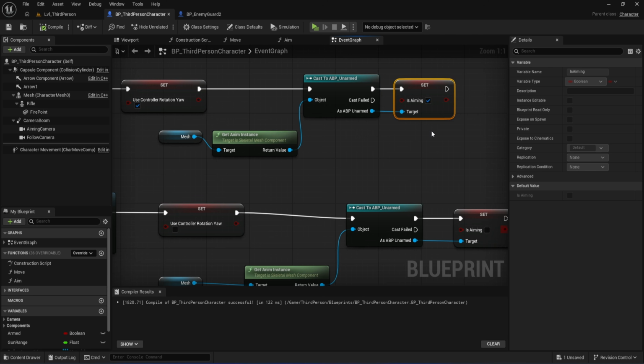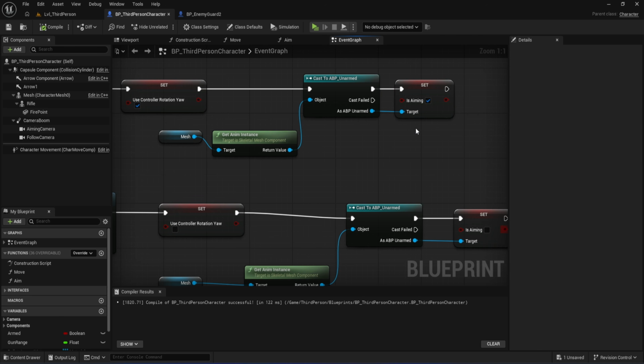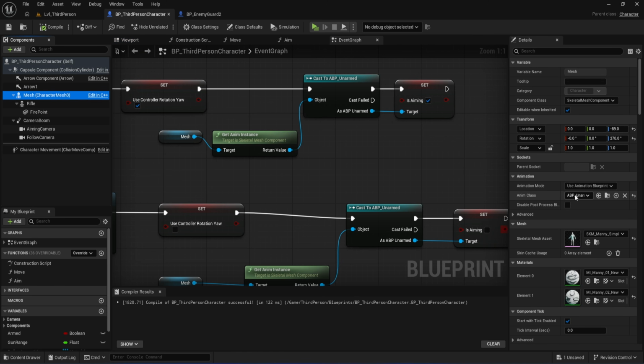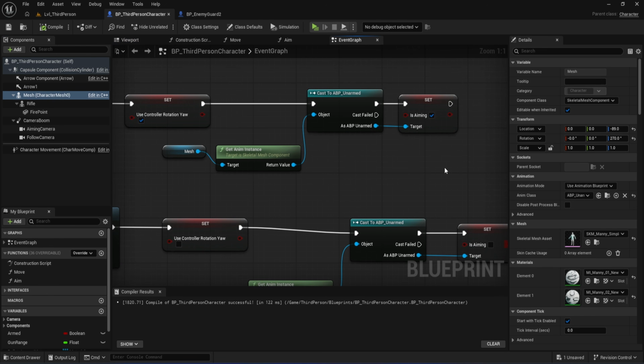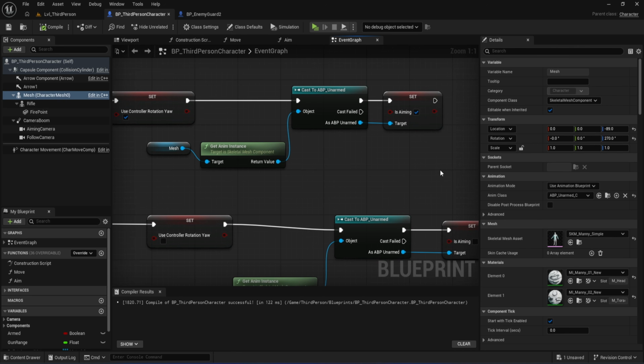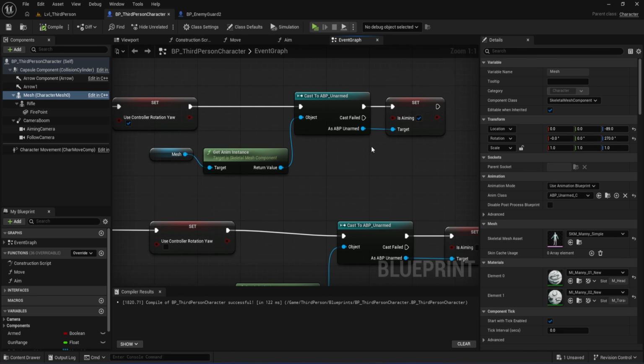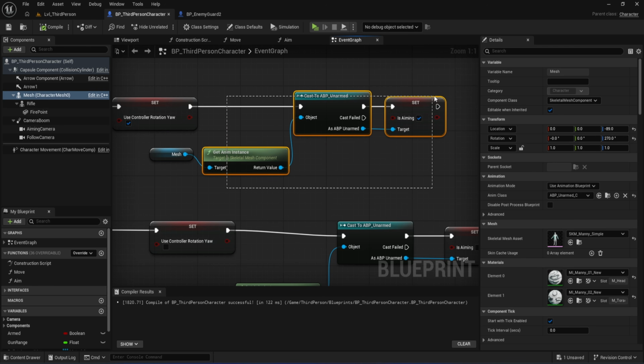If you remember from the previous video, isAiming is a boolean variable inside the animation blueprint. When this value becomes true, the animation blueprint knows that it should show the aiming pose instead of the normal relaxed pose. So basically, this boolean is like telling the character, "Hey, stop acting casual, you have a weapon now, time to look dangerous." From this logic, copy the getAnim instance node, the cast to ABP unarmed node, and the